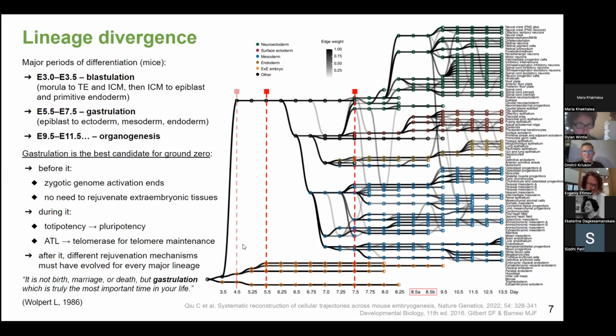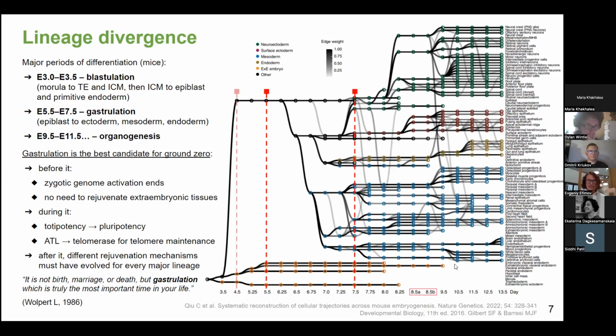So there are 3 main periods of lineage divergence, of differentiation periods. The first one is this little point here, this fork here. It's called blastulation, when morula differentiates into the outer layer and the inner layer. Then we have this, well, quite wide process of gastrulation. Basically, it's this point here, when the epiblast differentiates into the 3 layers: ectoderm, mesoderm, and endoderm, again, reminding you all these terms. And then we also have some moment during organogenesis, when lineage progenitors are